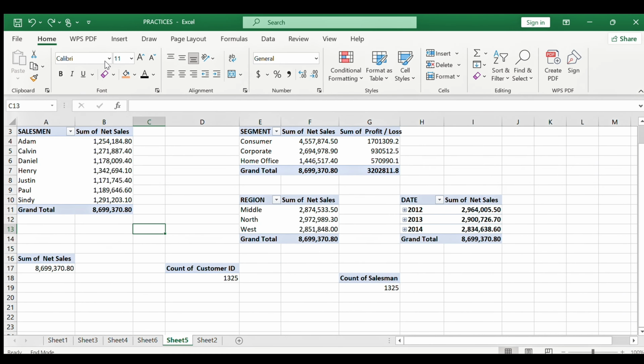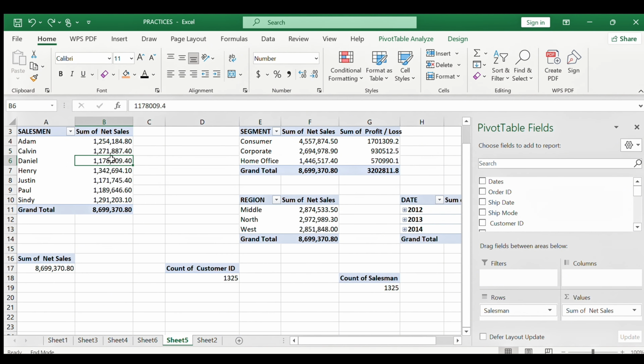All right, still on pivot table. This time around, we want to create a slicer. A slicer helps you to filter with a button with just a click. So for us to insert a slicer, which we are going to use later in our dashboard, all I need to do is click on the first table I have here,